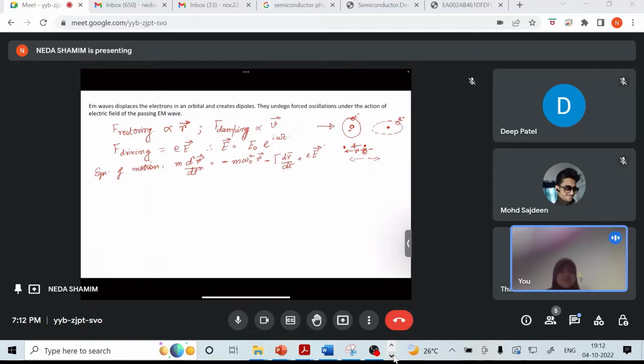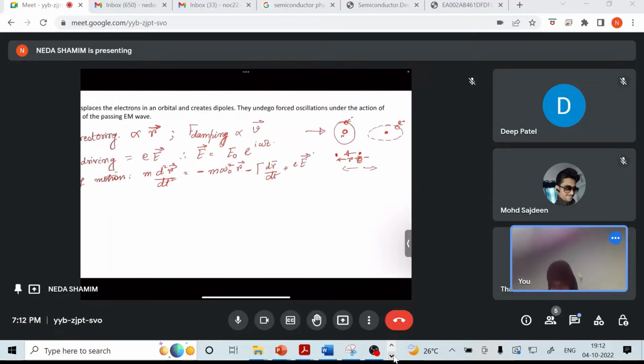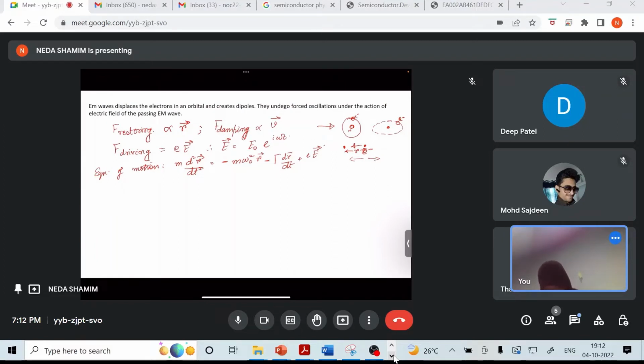Now you need to solve this differential equation. In your mathematics class, you must have learned how to solve a second order differential equation, that is, decompose it into a complementary answer and a particular integral answer. We'll focus on the particular answer. When we solve this, we will get e times the E vector by m times 1 over omega 0 square minus omega square minus i gamma omega,